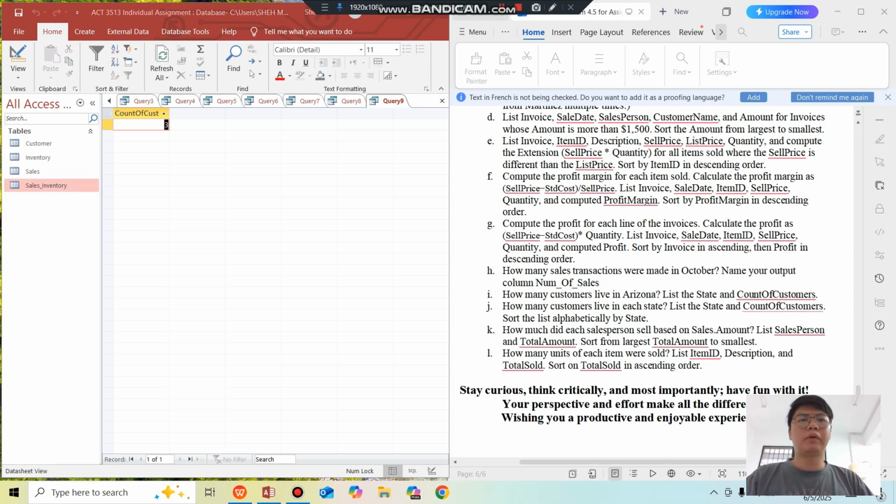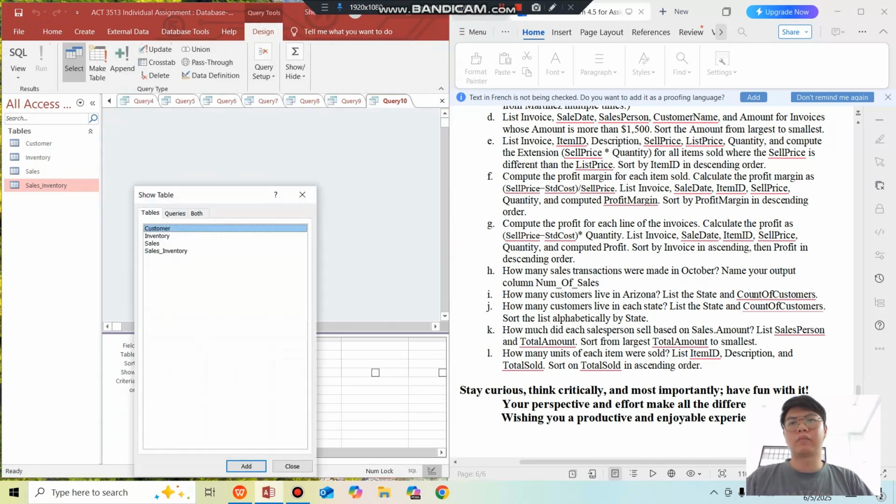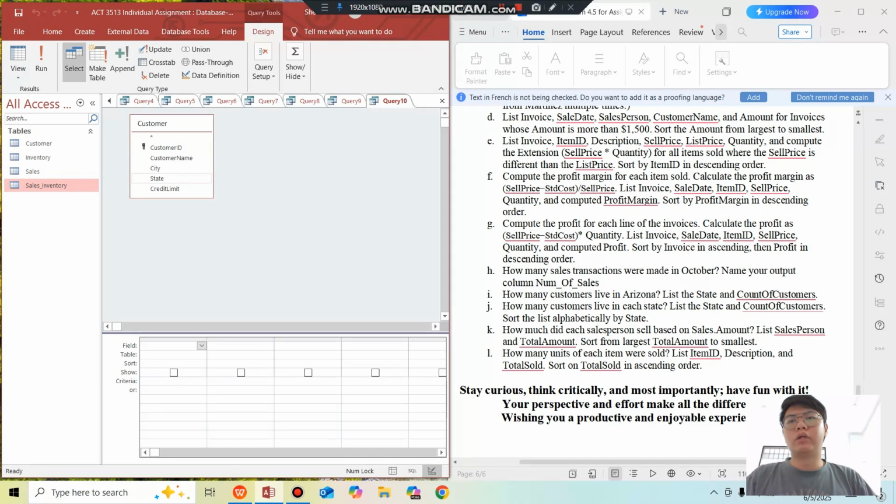For question J, how many customers live in each state? List the state and count of customers. Sort the list alphabetically by state. Now we create another query design. For this question, we also use only customer table. We drag the state to the field and we build